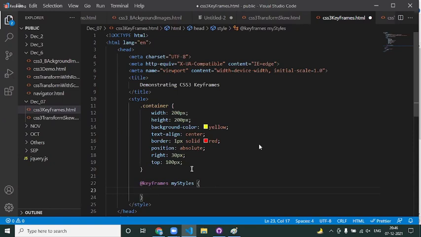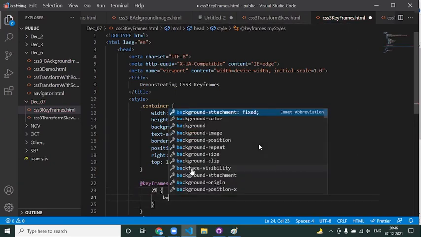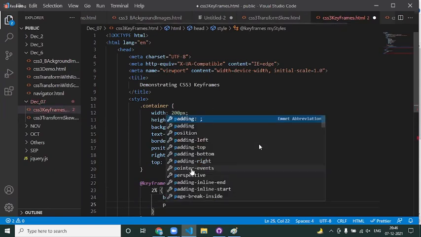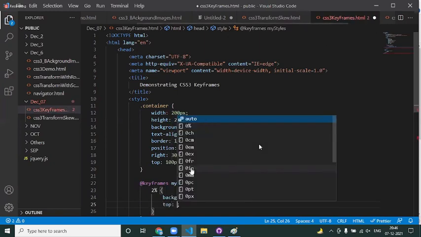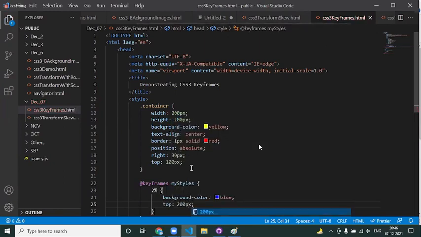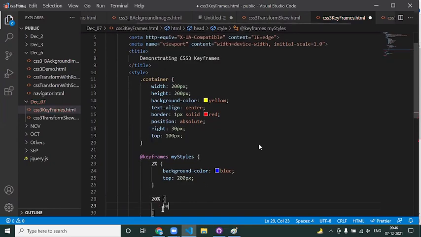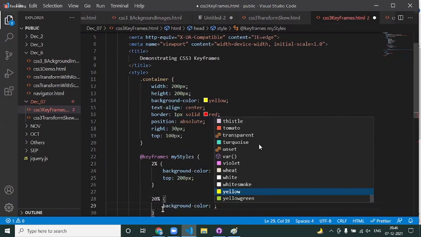Now I will say at 2%, background color is blue, and the top position is 200 pixels. At 20%, see here, I'm not going line by line, it's up to you, whatever way you want. Background color, some green.